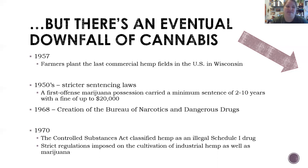So the 50s, we start to see a lot more stricter sentencing laws, with a sentence in prison, jail time, whatever, up to 10 years, with a fine up to $20,000, which was a lot of money at the time. Still is. And then again, just what you can kind of call this war on drugs happening, where the government feels the need to build more and more